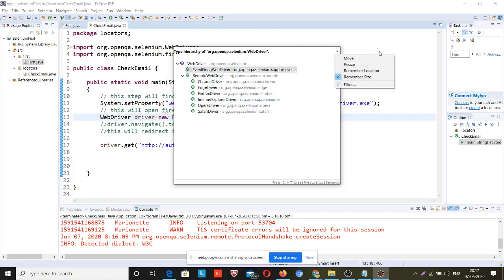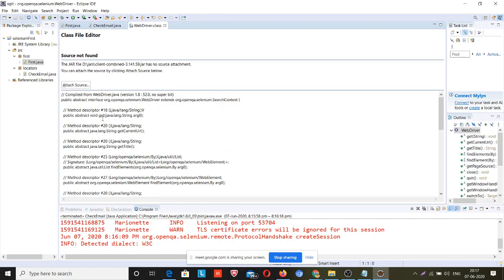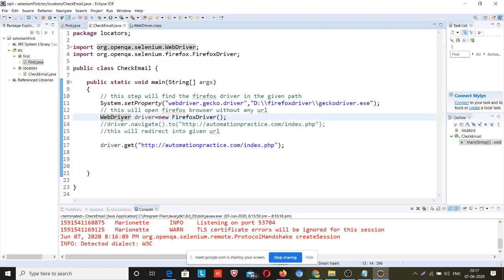Let me open this. So this is the interface. This will find only those drivers which are present in this interface. So this is the process of abstraction, which is basically a core Java concept.